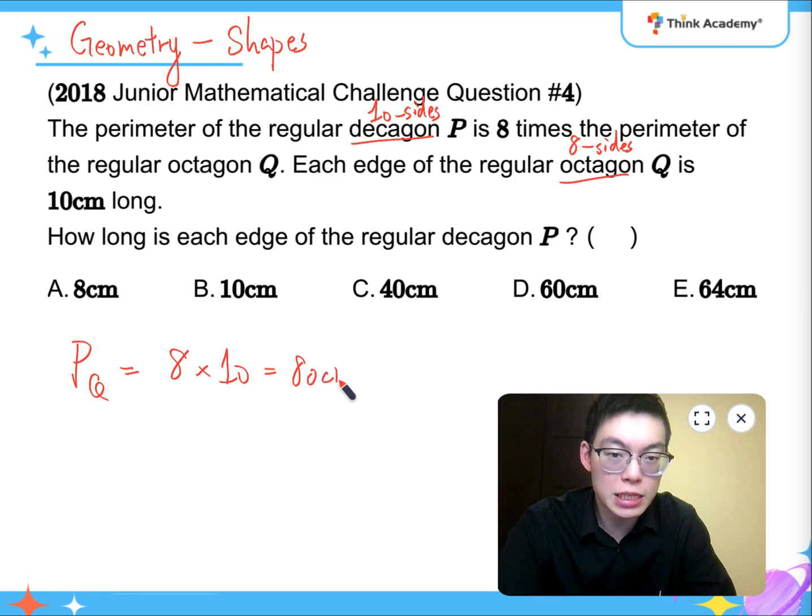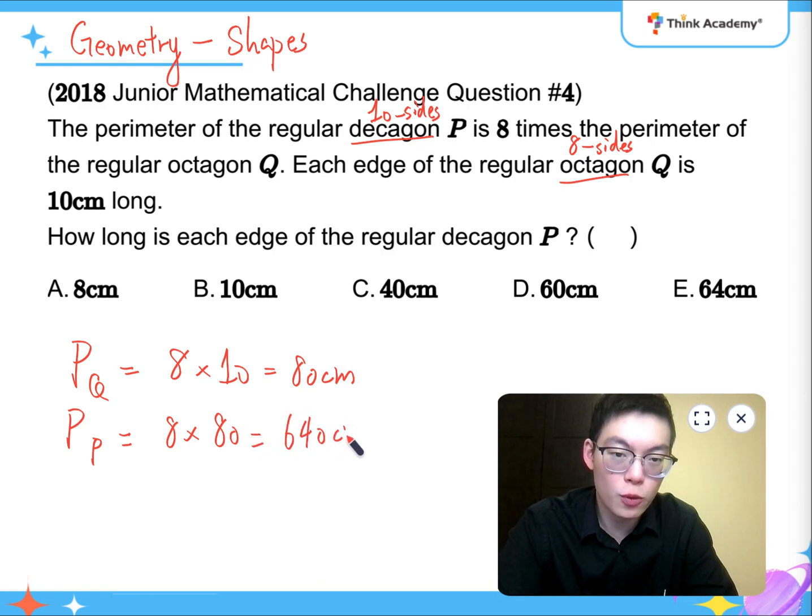So it is 80 centimeters. And as for the perimeter of P, it's going to be 8 times the perimeter of Q, which is 80. And that's going to be 640 centimeters. And as for the side length of the decagon P,